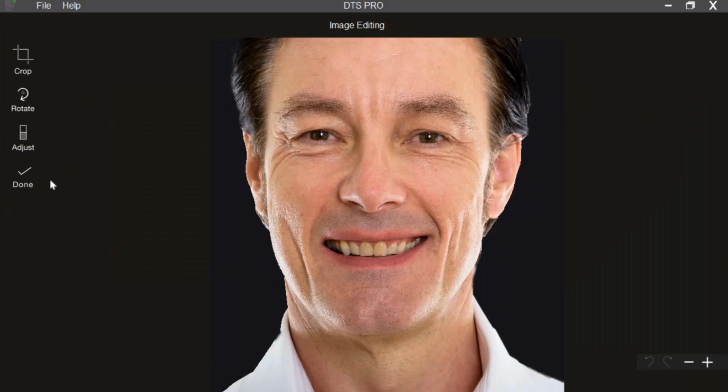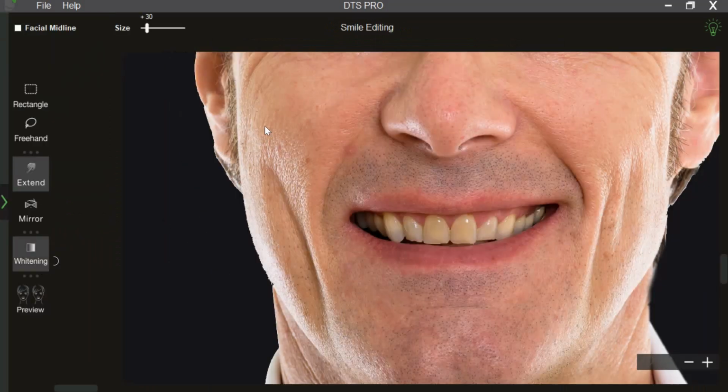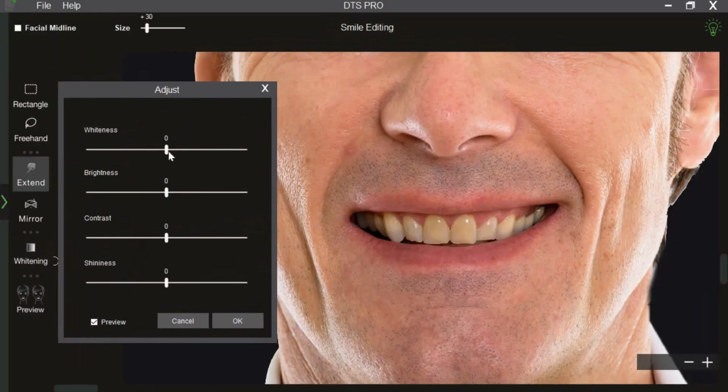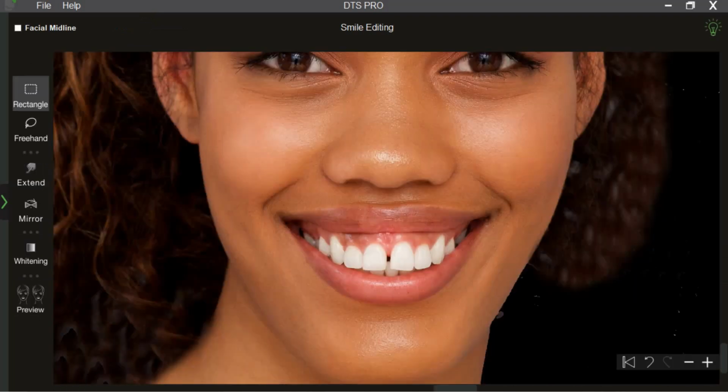I will fast track and upload another image to simulate whitening. You can adjust the whitening tab, maybe increase the brightness a bit. And that's the simulation for whitening teeth.